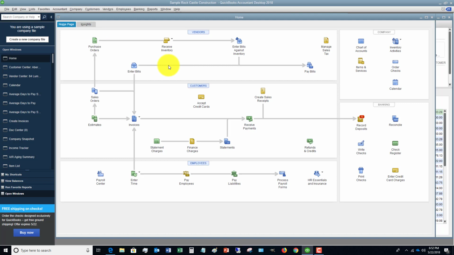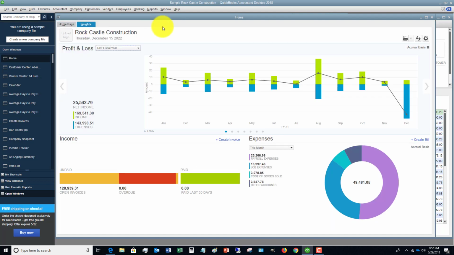All right. And then the other thing is Insights right here. You'll see that there is some basic graphical information about your business that you can look at in this tab and just take a look at what's going on. All right,